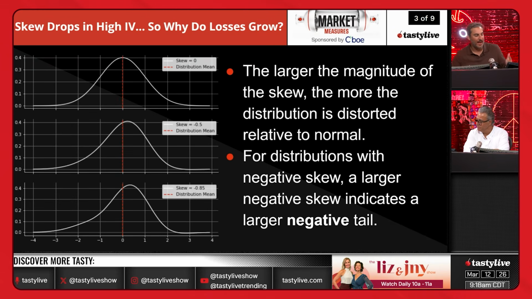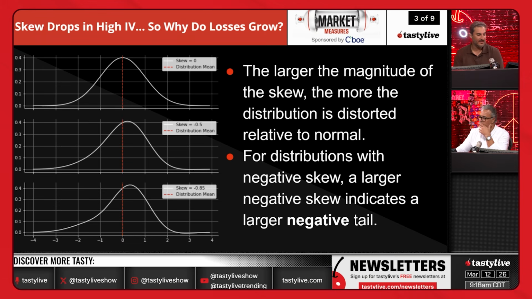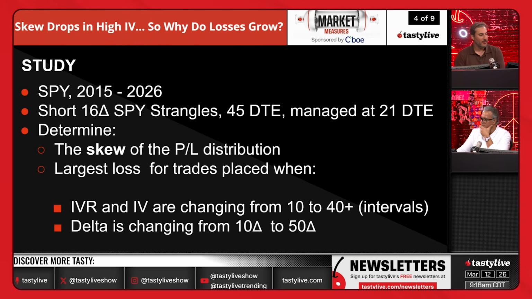So we're looking at SPY from 2015 to 2026, so we've got 10, 11 years of data here. We're going to look at a short 16 delta SPY strangle, 45 days, managed at 21 days, and we're looking at the study here, guys. Okay. Next slide. The skew of the P&L distribution is really what we're going to look at here,